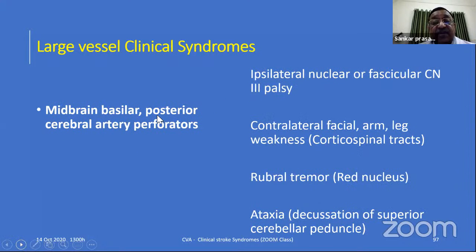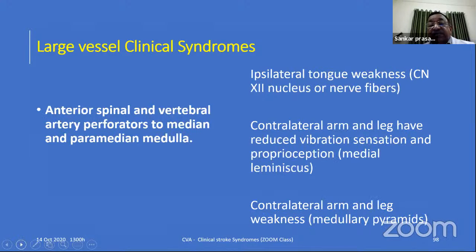The midbrain basilar posterior cerebral artery perforators also will give rise to these features, which is cranial nerve third palsy, and we have Weber syndrome, which we will discuss next time. There will be contralateral facial, arm and leg weakness because it's happening before the pyramidal decussation. The rubral tremor because of red nucleus involvement and decussation of the superior cerebellar peduncle will give rise to ataxia. So these are all the symptoms which one encounters, and you have anterior spinal and vertebral artery perforators to the